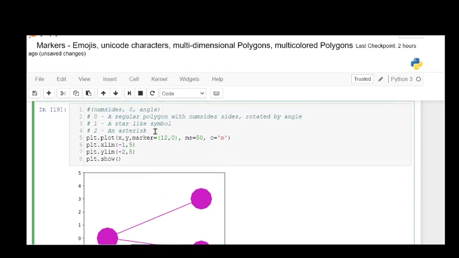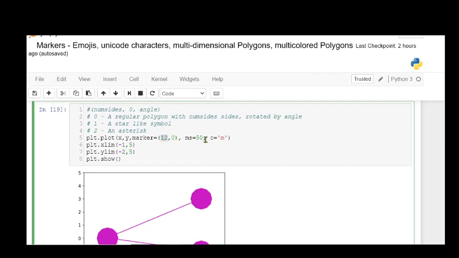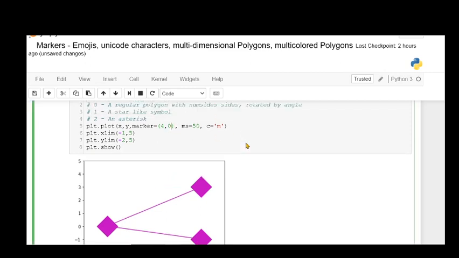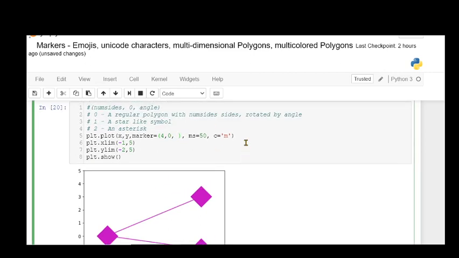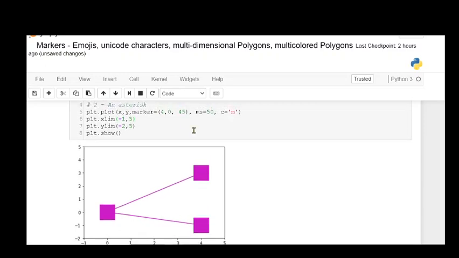The third interesting argument is the angle. So let me just show you, let's say suppose you have just a 4 side, which will be as good as a star here. Now let's play with the angle. Okay, so let us make the angle 45 degrees and just look at how the line joins to the box. Okay, so the angle here has changed.